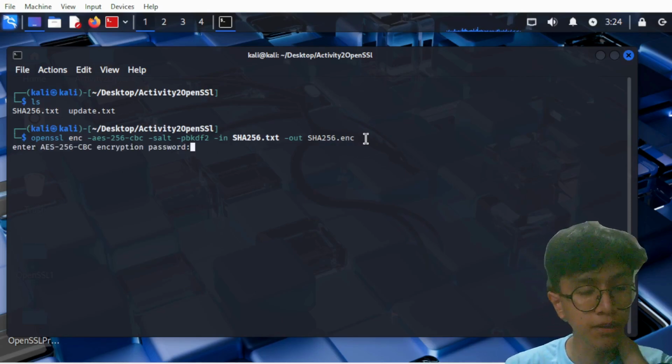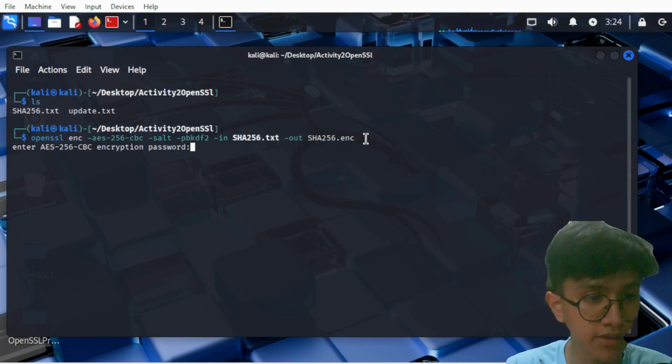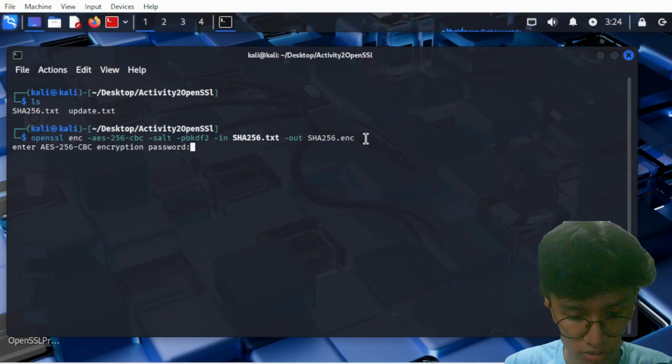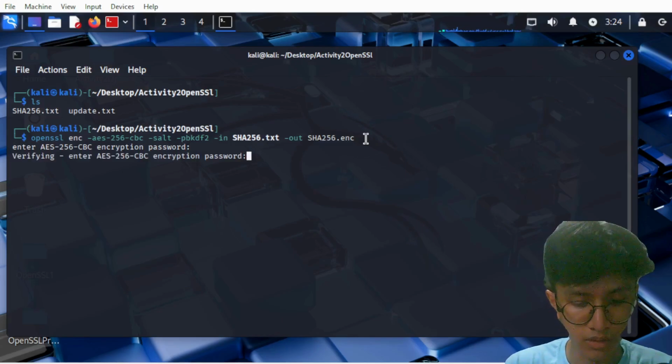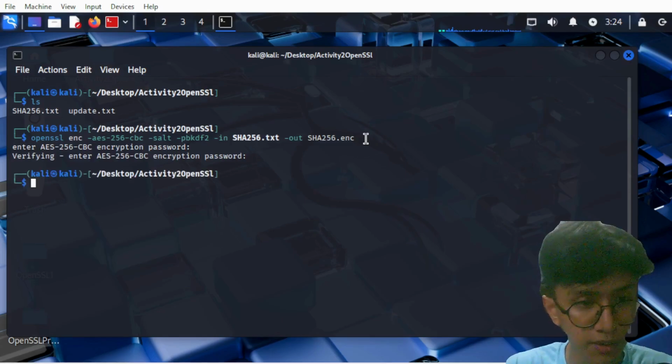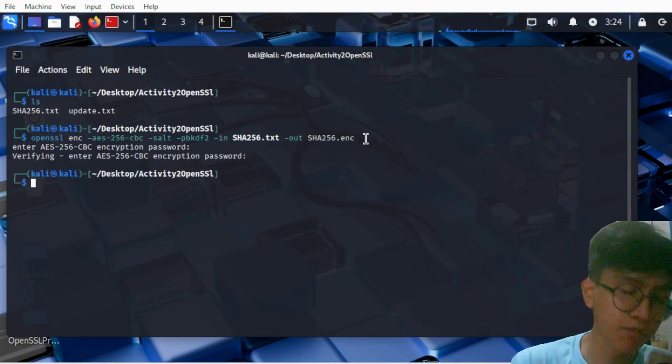So we're gonna enter a password. Let's try 12345. Wait. 12345. 12345. So we already created the encrypted file.